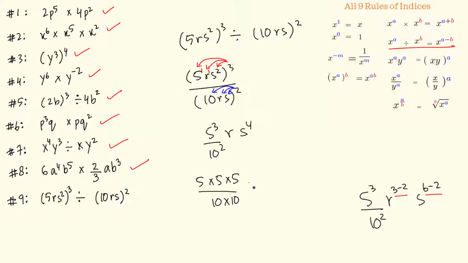And here I have rs to the 4. Now this fraction over here is now much simpler to simplify. 5 2s are 10, so I can write this as 5 divided by 2 times 2. So 5 divided by 2 times 2 rs to the 4, and 2 times 2 is 4, so this becomes 5 upon 4 rs to the 4. This is my answer to this 9th problem.